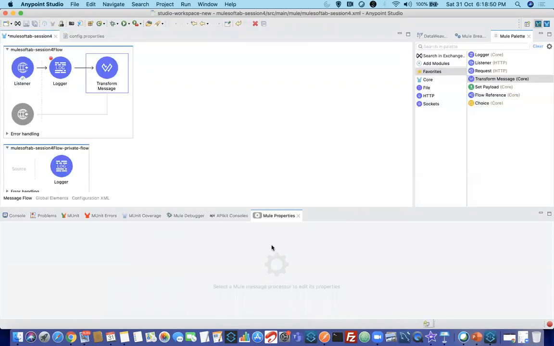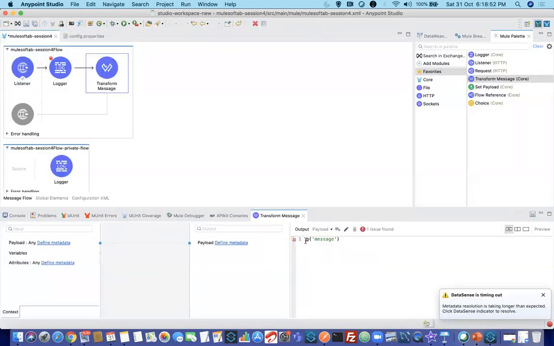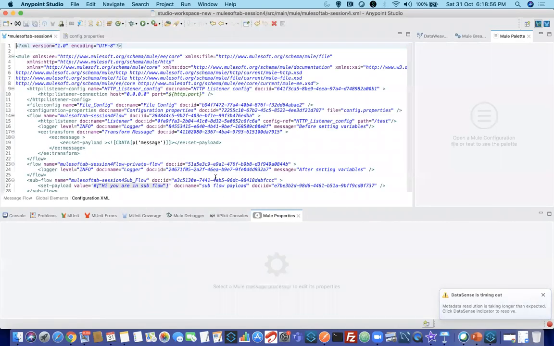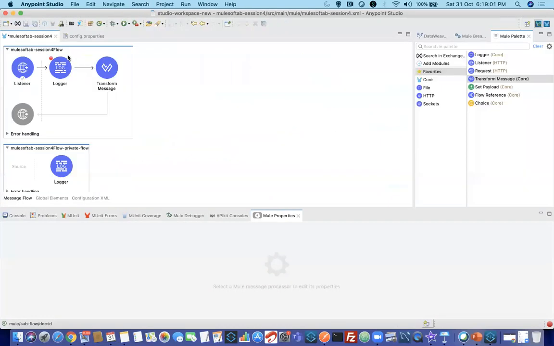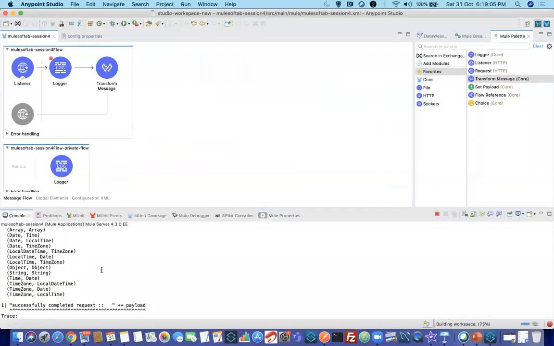Here it will still give a red dotted line. Don't worry, I told you that if we see any red dotted line here in the configuration XML, only then is it a proper error, otherwise it is just a bug. Save it and see how the values are displayed from the property file.